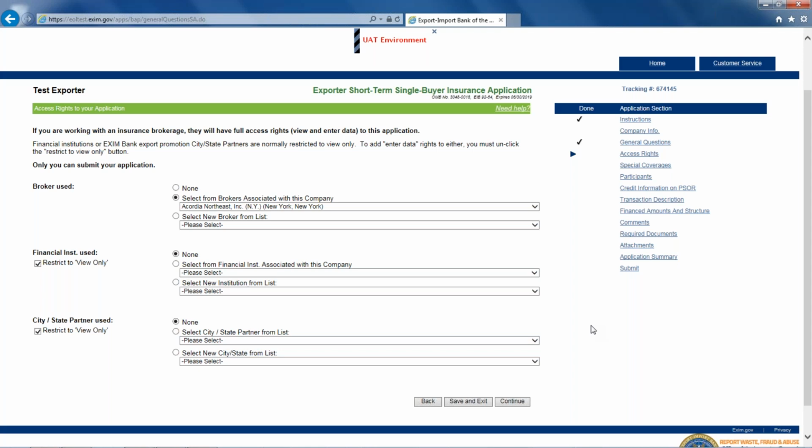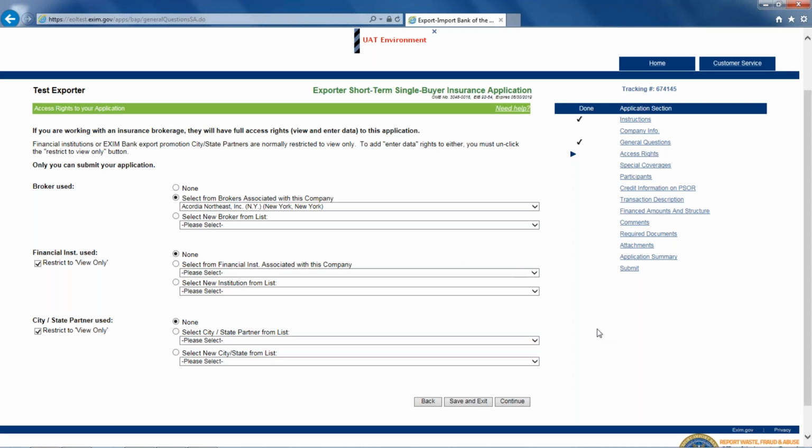And as you can see, even if you select a financial institution to view the application, which you might want to do if there's a working capital loan, for example, on this transaction, it will default on the left-hand side here to restrict to view only, so they can only view it. And then I would suggest you not change that if, in fact, this is going to be used. And I would venture to say there's probably no circumstances where you necessarily want a rep to Regional Export Promotion Program participant to see this application. So I think in practice this tends to become not applicable.